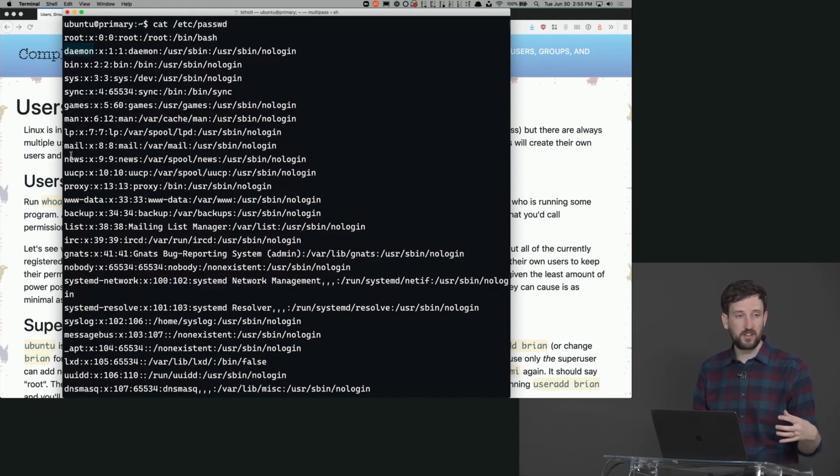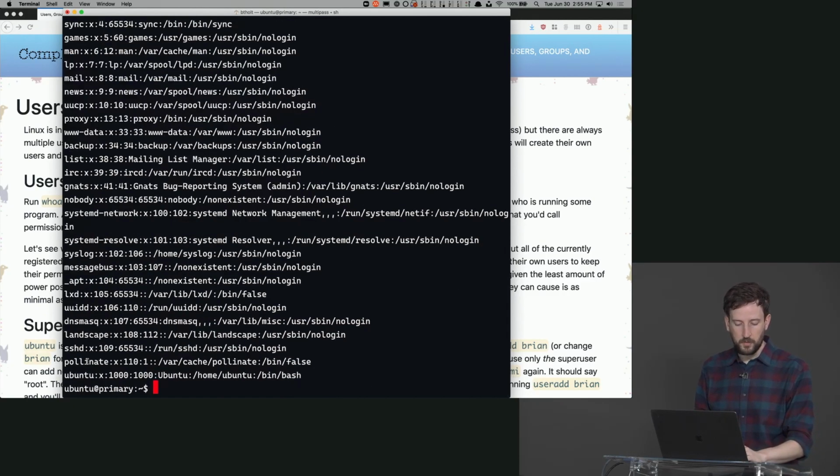You can see that there are actually quite a few users set up by default on Ubuntu without us ever doing it. The only one that we actually know anything about is ubuntu. But there's a bunch of them, right? Like nobody has an account on your computer. I don't remember what the rest of these are.